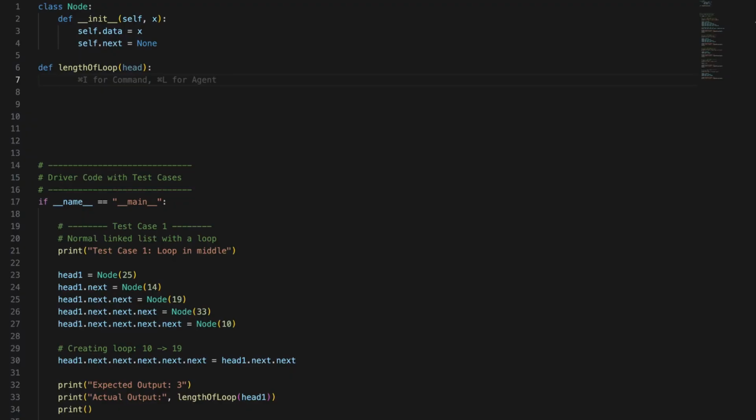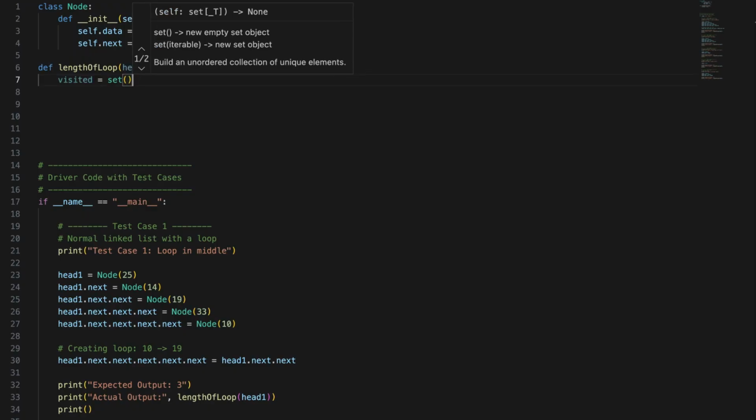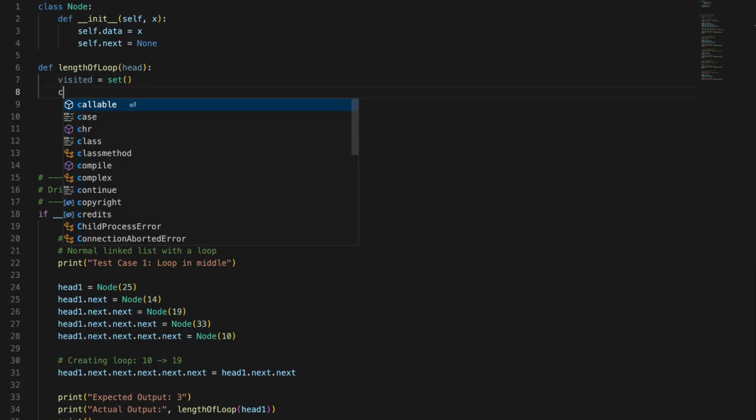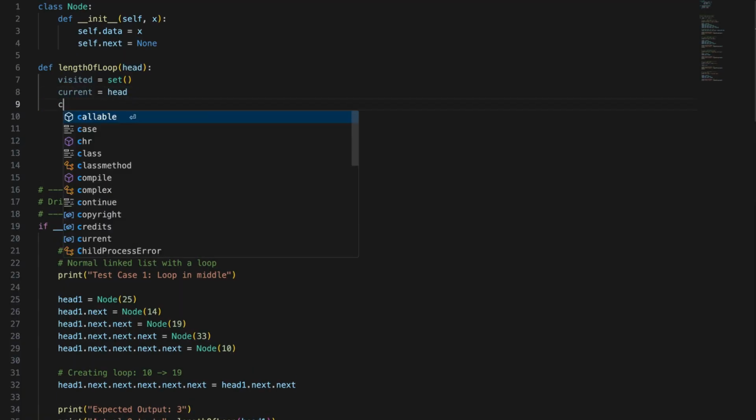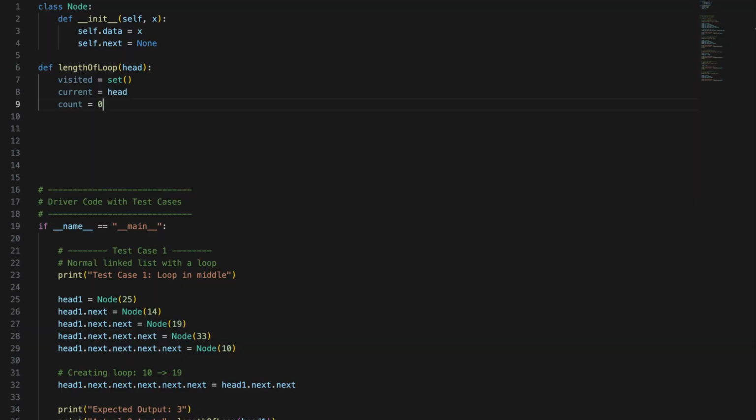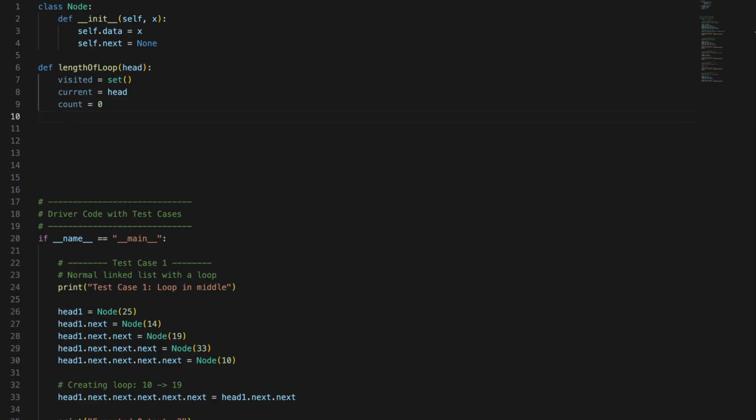Alright, here we have a function that returns the length of the loop if a cycle exists. I'm creating a set to store the references of nodes that I've already visited. Let's say visited is equal to set. I'll use a pointer called current to traverse the linked list starting from the head. So current is head, and the counter will be used to count the number of nodes inside the loop. So let us now introduce the loop detection check. Now I'll traverse the linked list until either the list ends or the loop is detected. So while current is not None,